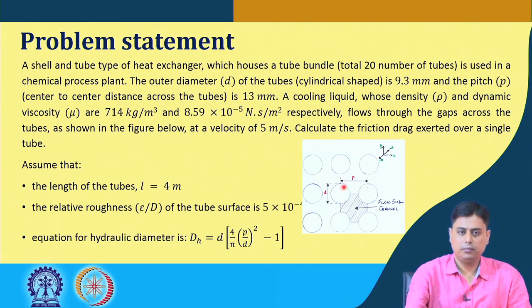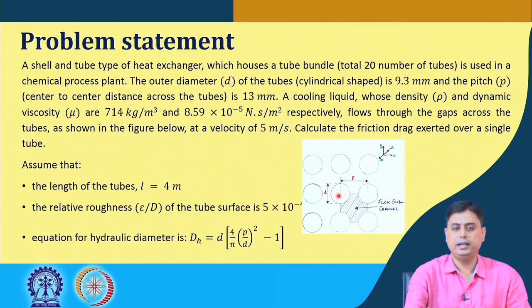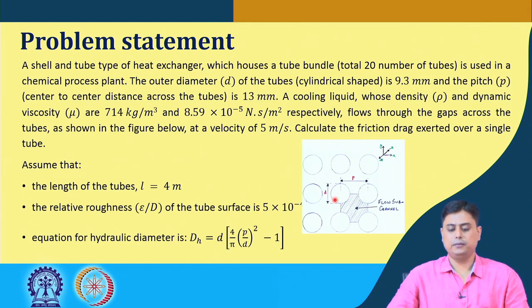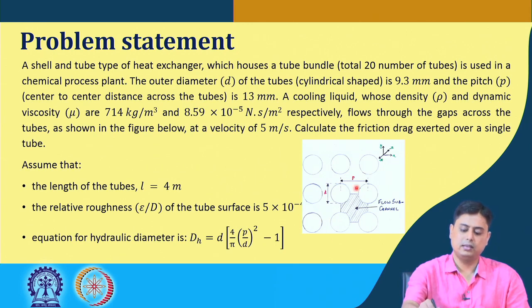So, here if you look at this picture, these are the tubes that are stacked in this way. Okay. So, this is the outer diameter d and this is the pitch P, the center to center distance between the two tubes. Okay. That is also mentioned here. Now, on the shell side, that means through these spaces, this shaded space, one portion of this is marked here. Similarly, there is space in between the tubes, we call it the shell side. So, there coolant water is flowing.